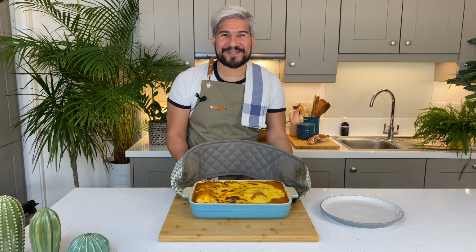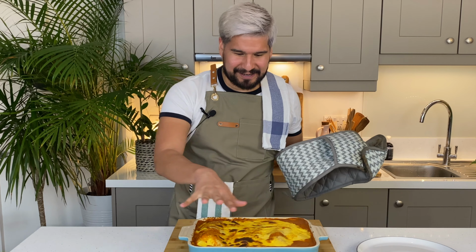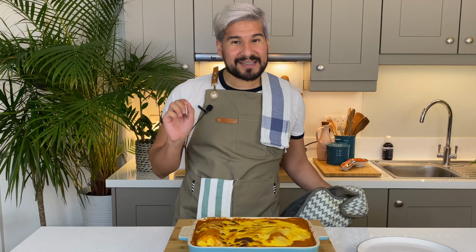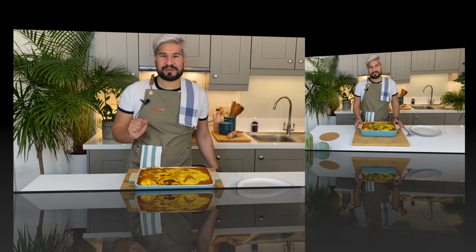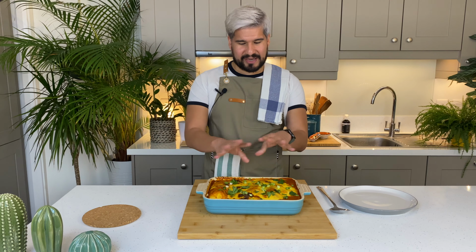And this is what they look like. They look absolutely amazing. I love the color that we've got. Unfortunately, we have to wait for 10 minutes before we can actually start digging into them, but I will show you what they look like after that time is up. It's been 10 minutes. I've garnished my enchiladas with some coriander and some chopped spring onion, so it's time to